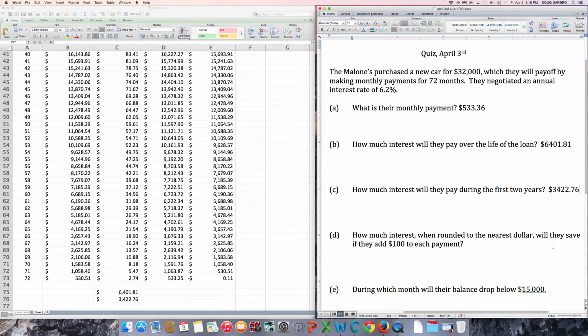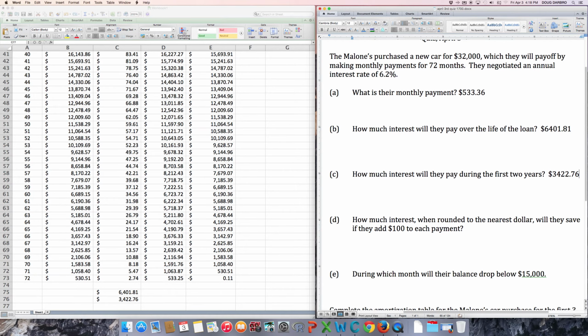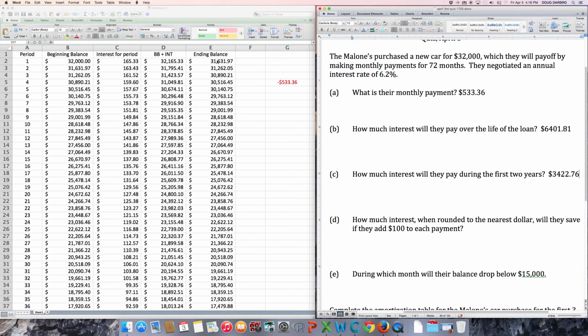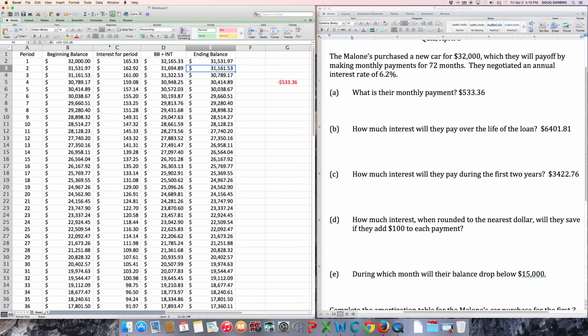Okay? Now, how much interest, when rounded to the nearest dollar, will they save if they add $100 to each payment? Now, this is kind of cool the way this works. We can come up here and kind of repeat what we just did. So if I take this ending balance, right now it's subtracting 533.36, but I'd like to come in and subtract another 100. Now I want to repeat the same thing I did before. I want to take these three, fill down, and I want to take these four